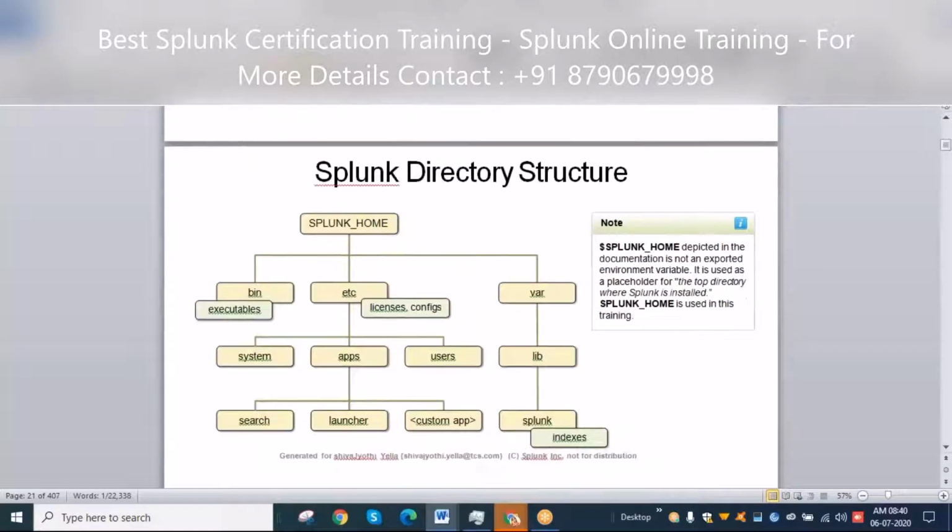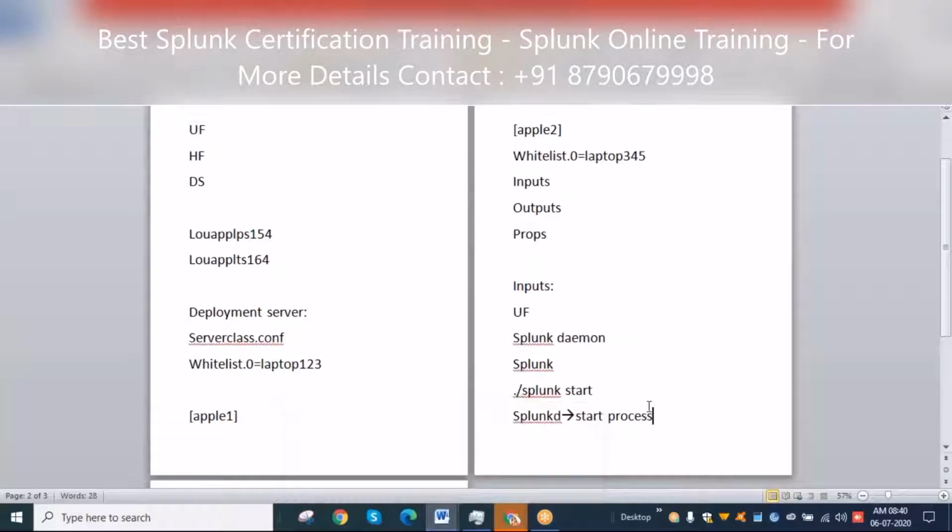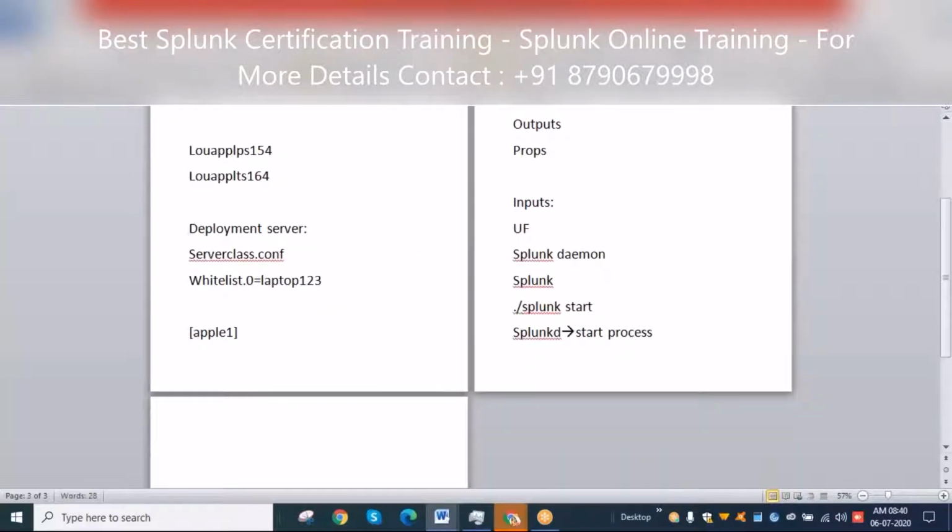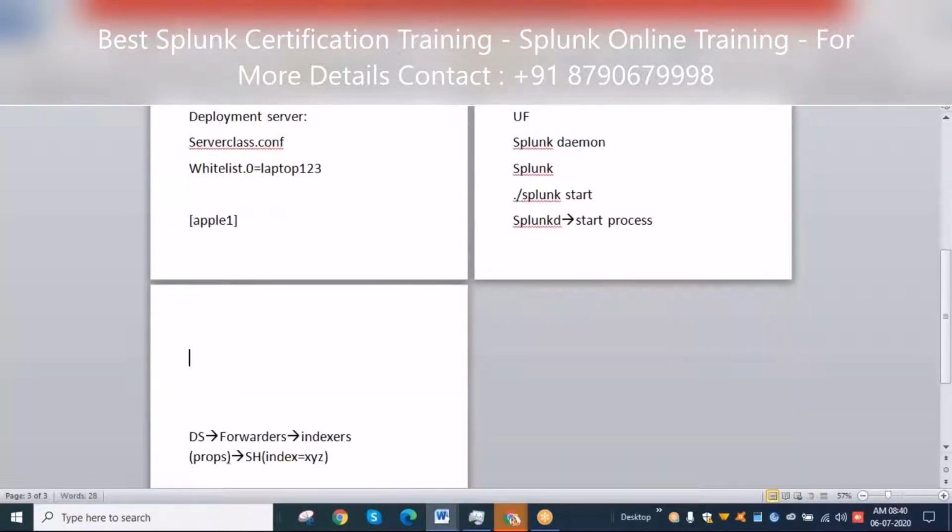Now, this is somewhat important to the directory structure in Splunk. Usually we'll be installing Splunk in the /opt/splunk folder, where Splunk gets installed on Linux.